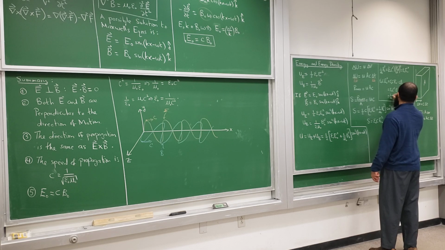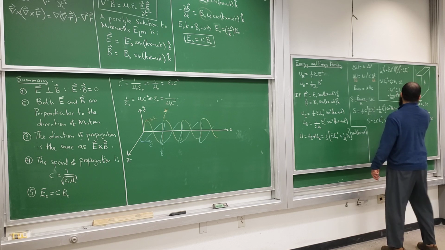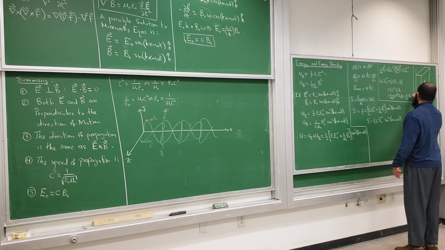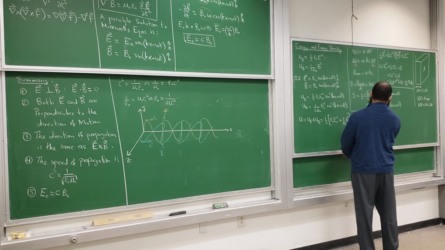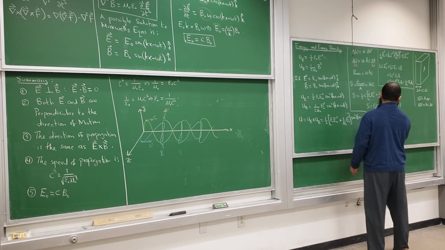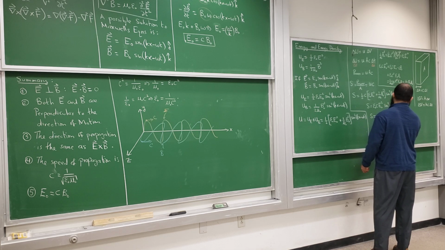And then I get C squared, that cancels. And then E naught, B naught. And so that's equal to just 1 over mu naught E naught B naught. So in other words, S can also be written as 1 over mu naught and then E naught B naught sine squared of kx minus